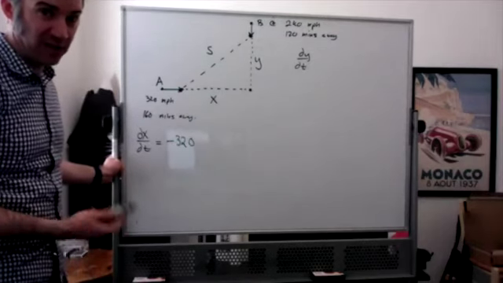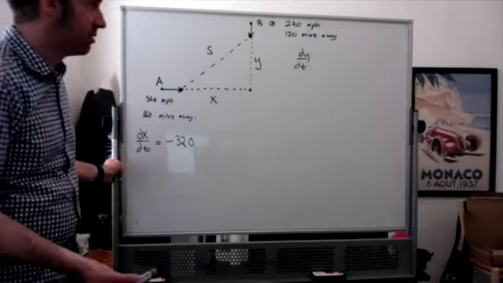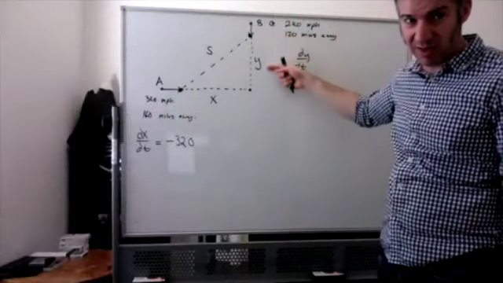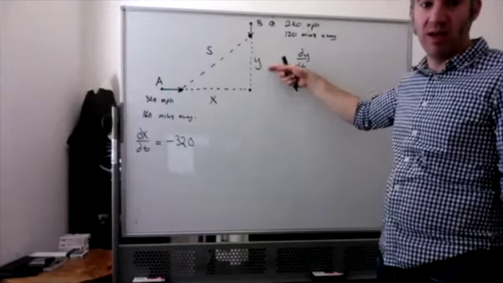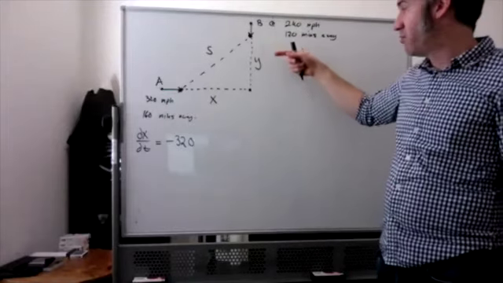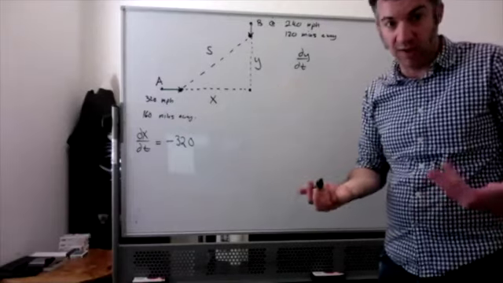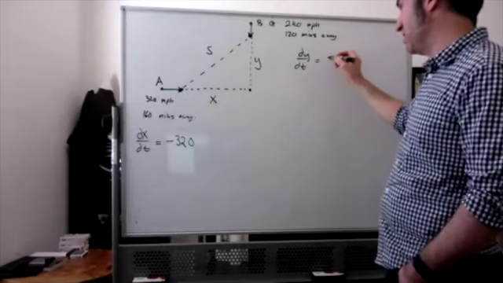I don't know if it's actually going to matter, but it probably is going to matter. In a similar way, y is also decreasing, right? Y is the distance between your plane and the eventual point of collision. That distance should be getting smaller if they're going to collide. So dy dt should be negative